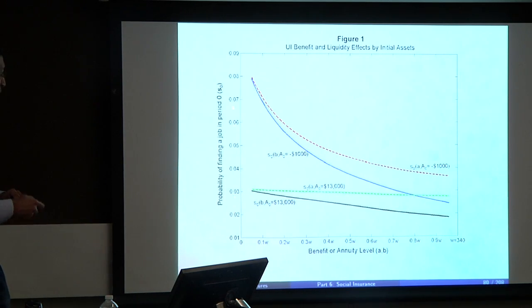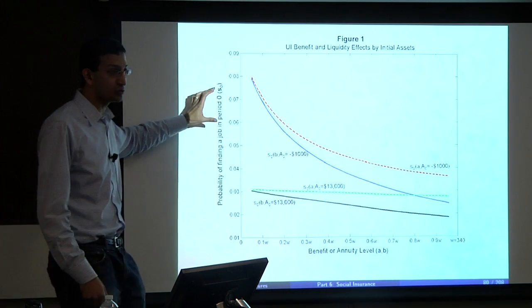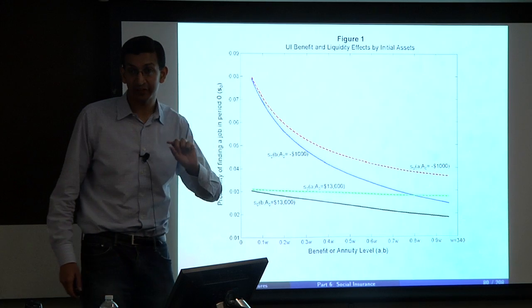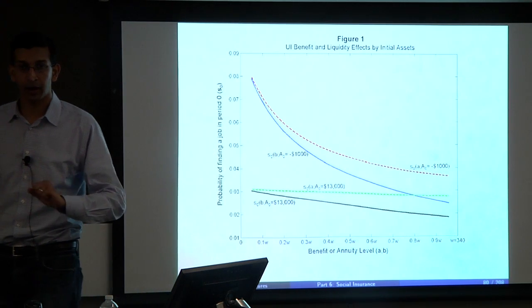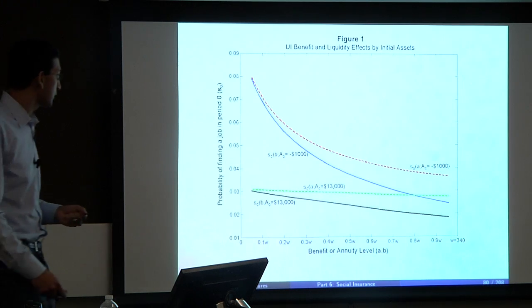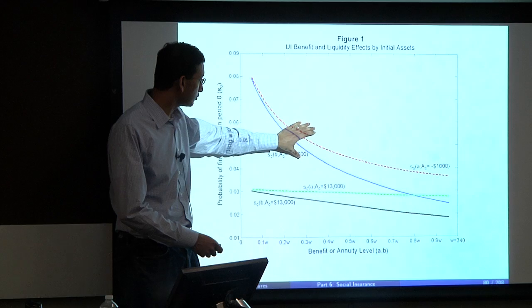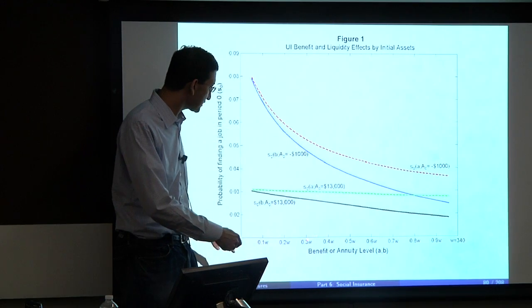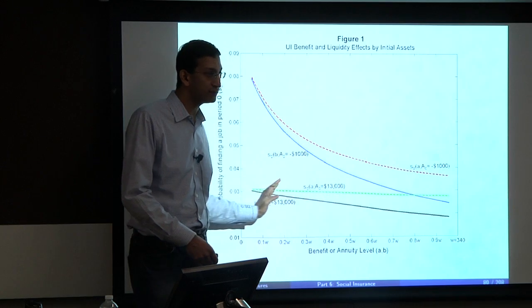So on the y-axis is the probability of finding a job in period 0, which you can think of as search intensity in period 0. How hard did you search, or empirically, the way we're going to observe that, what's the probability you found a job? And then on the x-axis, I'm varying unemployment benefits,